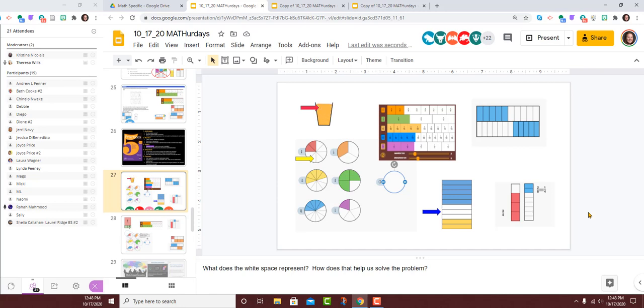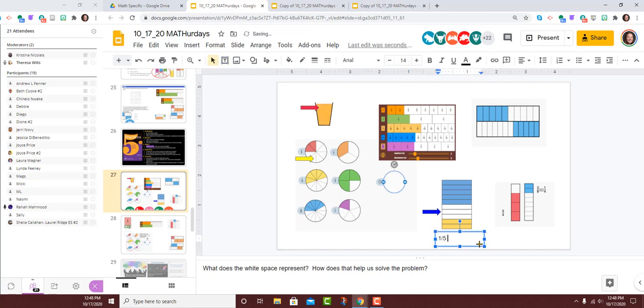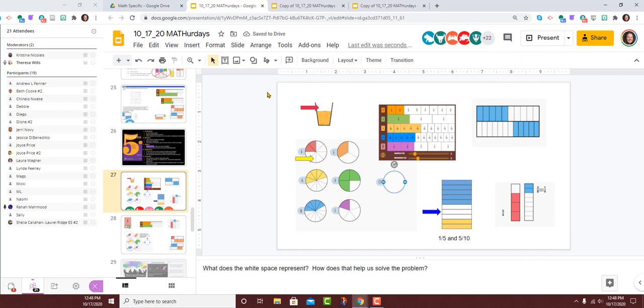Hi, Teresa. That was our group. Lara made it, but I can speak for her. This was using two different fractions. We were using 1/5 and 5/10, and we were trying to figure out what would happen if we overlap them, and the white space is how much is not filled up yet. Oh, so the white space is still not filled, but you have two other colors, and that's a combination of those fractions.